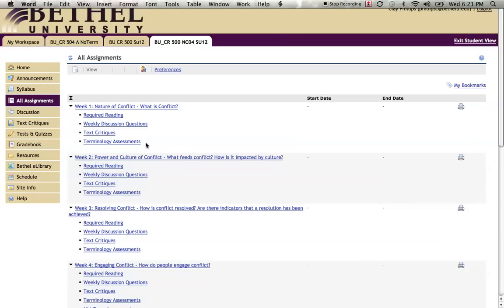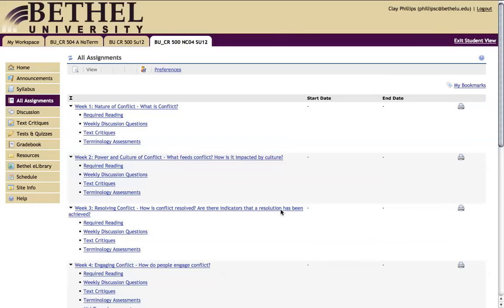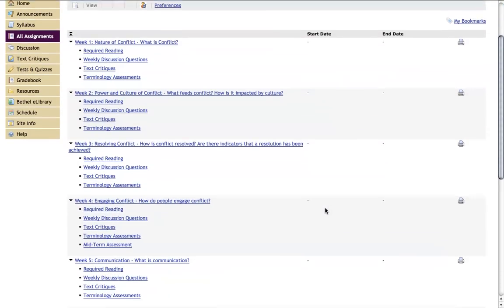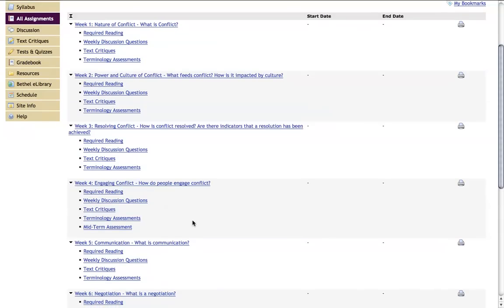This is a multiple choice terminology quiz that will help you build your professional vocabulary as you go through the course and the program. There are only 10 terms in each week's assessment. You will note that this assignment format is the same each week of the course and for the duration of the course, and that in weeks 4 and 8 you will have the midterm assessment